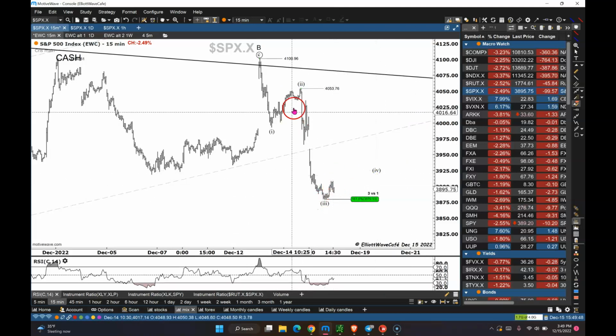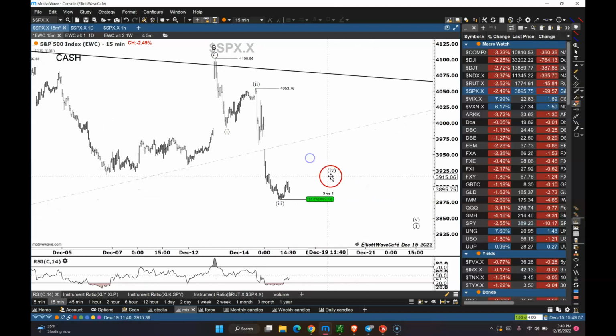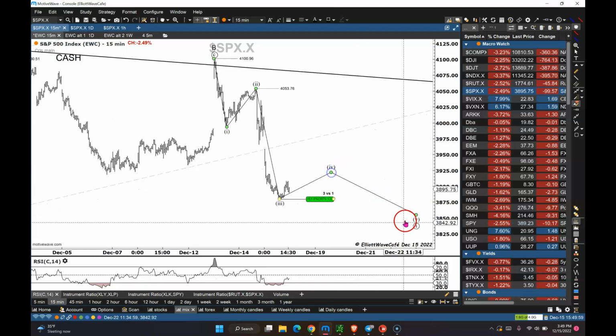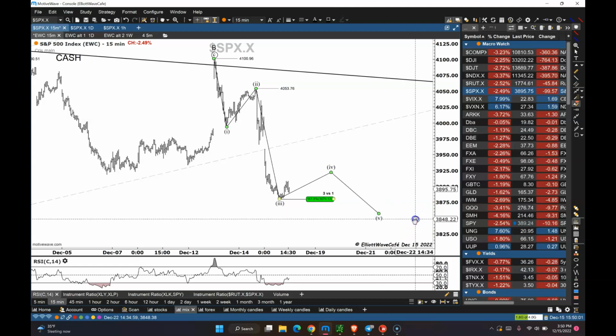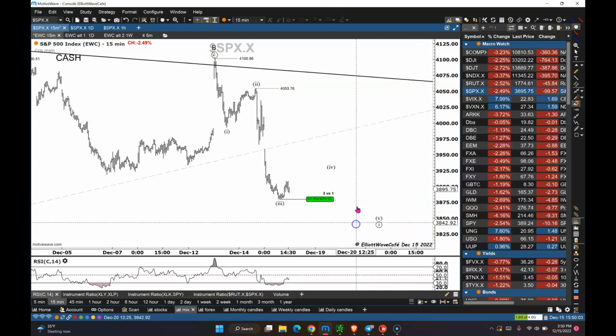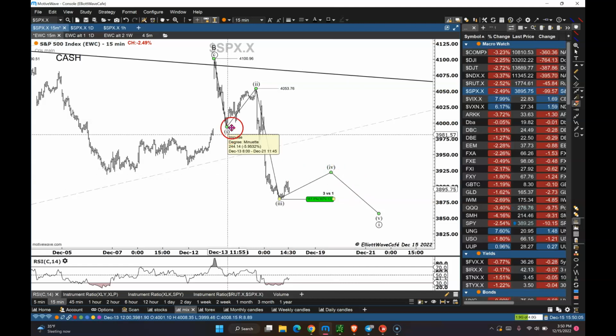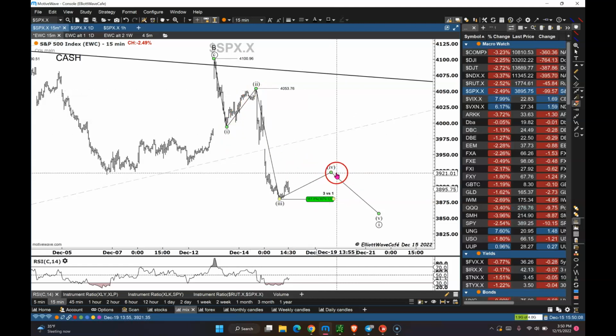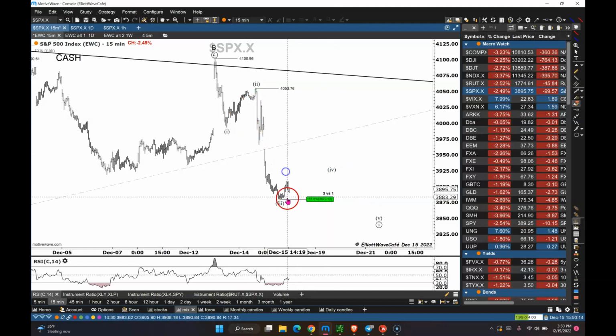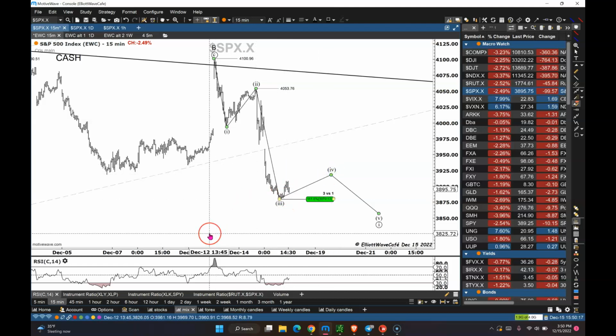If it's still a fourth wave, it's probably still in this subdivision in a 1, 2, 3, 4, and 5, maybe one more push. But I think that's probably done, and we're looking to come back on this fourth, just like I've showed you before. This was pretty directional, so I would expect this one to be a bit more sideways, maybe the same size or a little bit bigger. We'll see how we develop.